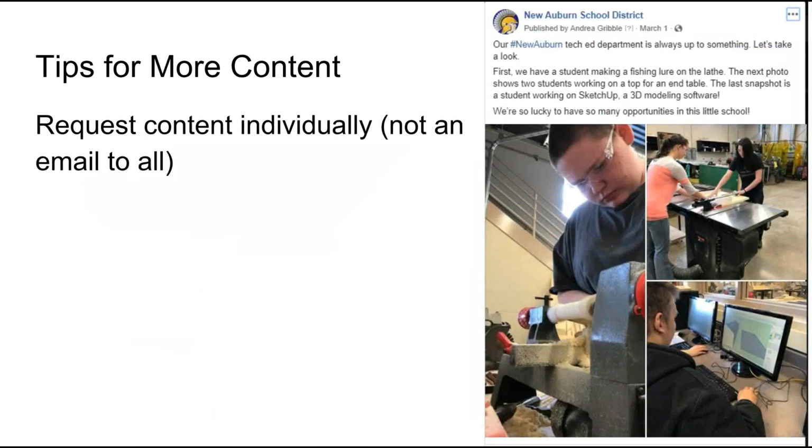This is another tip that we use a lot: instead of an email to every single staff member, like an email to all saying, hey, we need more content, send in your stuff, and then you get back crickets because nobody sends anything, how about requesting content individually, not to everybody?